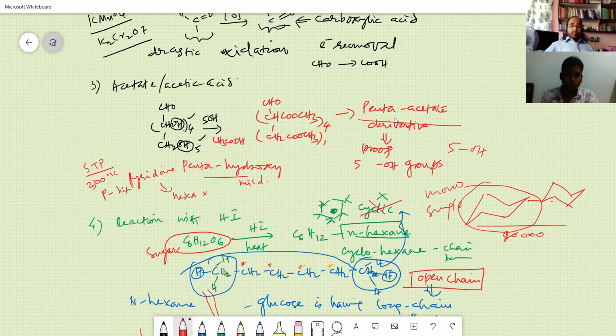I also told you it is biologically important: if you have sugar and no activity at all, the sugar will be converted into fat. All the sugar will be converted into fat. This fat deposits, and it is not good for regular health. The same glucose can be converted, in the presence of bromine or some other salts or enzymes, into alcohol. We can use sorbitol. Sorbitol is a very good sedative, and it is used for removing free radicals in the body. Okay, so we have seen the reactions of glucose, and we stop here.